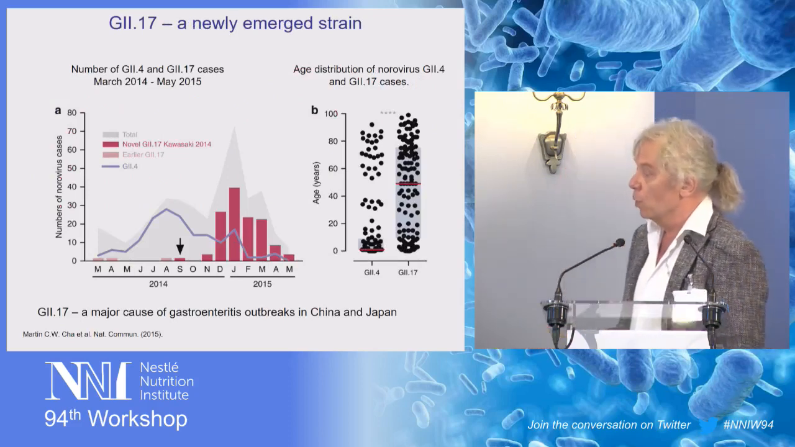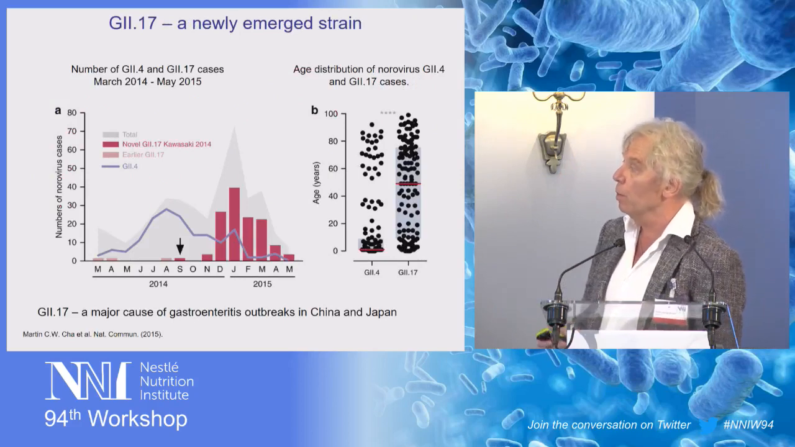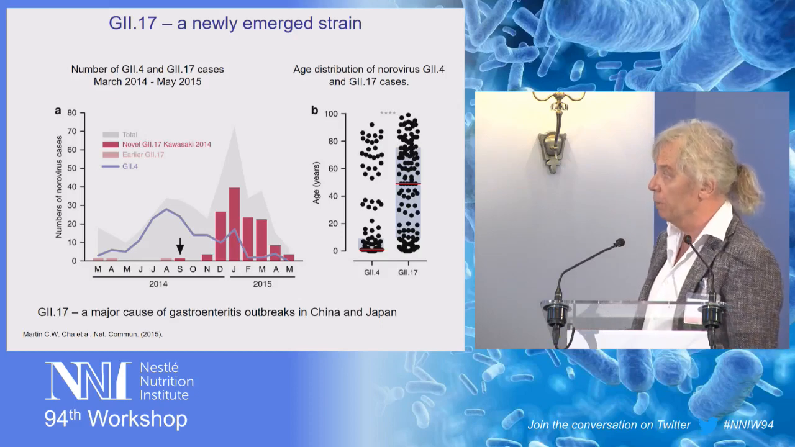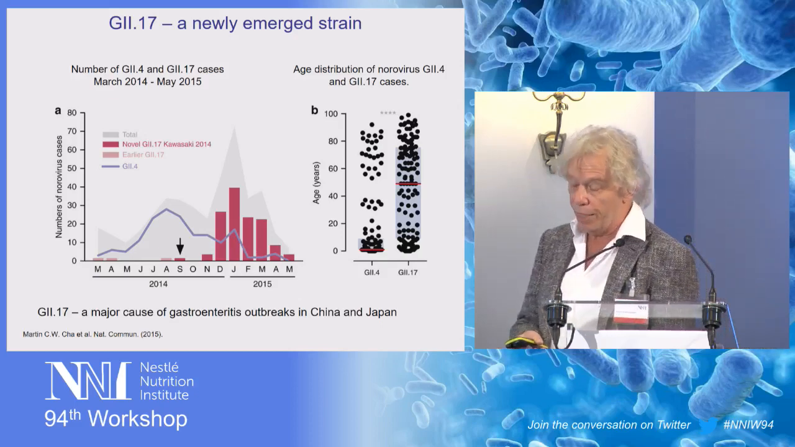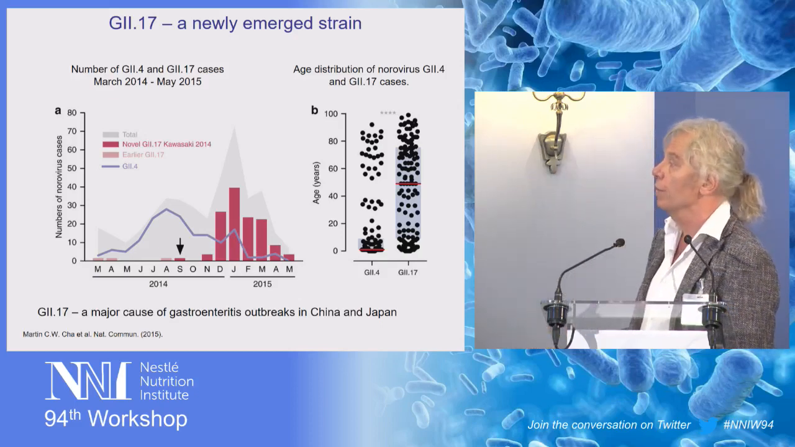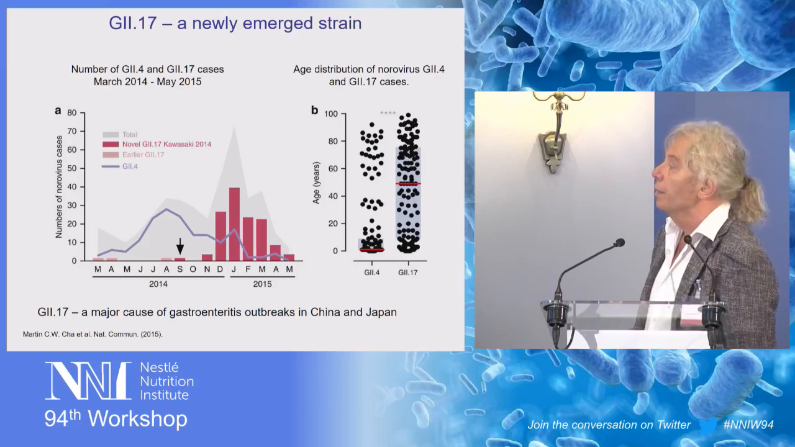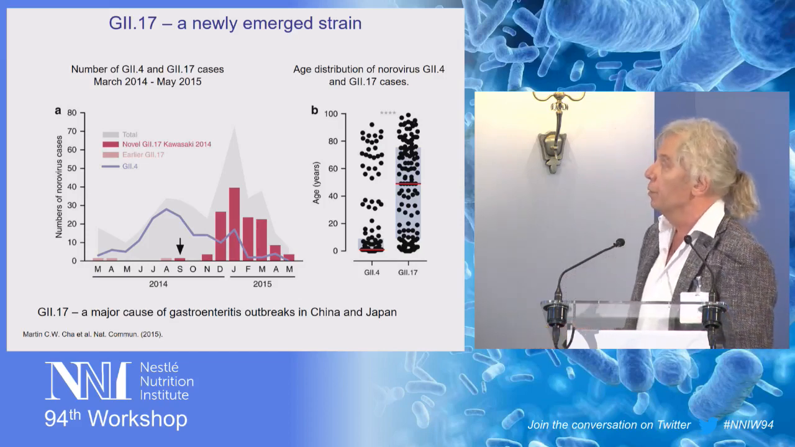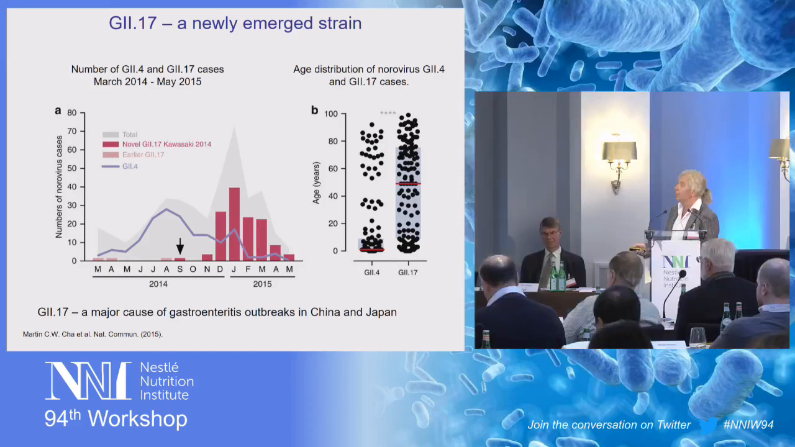Well, as I said, the most prevalent strain currently still worldwide is the GII.4 strain, in particular the strain which emerged first in Australia, in Sydney, in 2012. And during the year 2015, a new strain emerged, GII.17, in particular in China and Japan. These two strains are currently the most relevant strains in human infection,